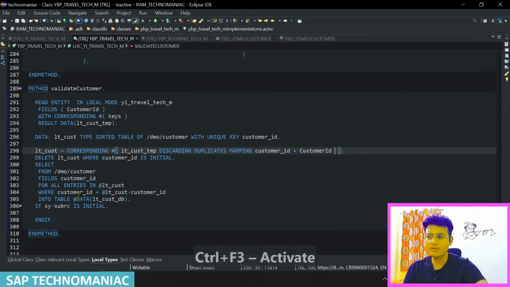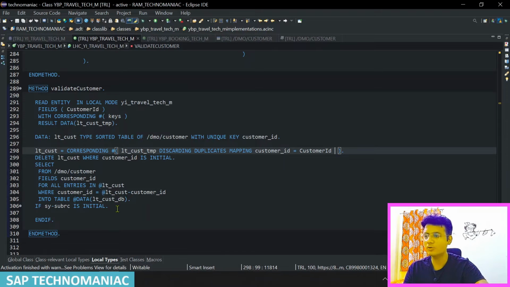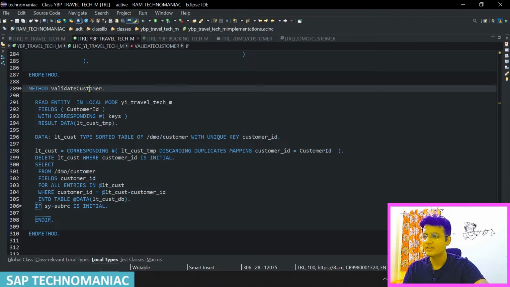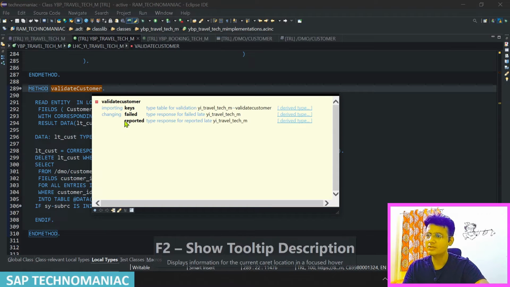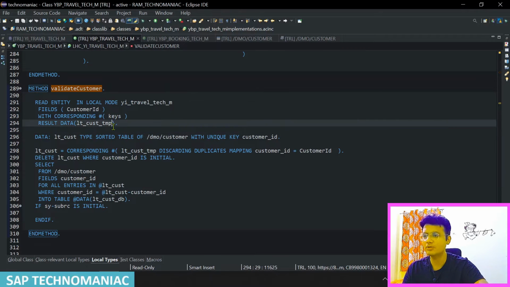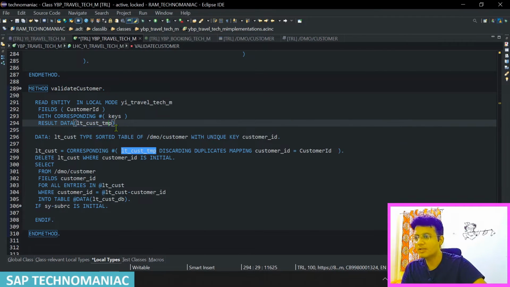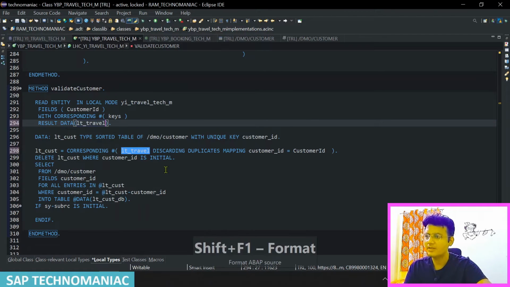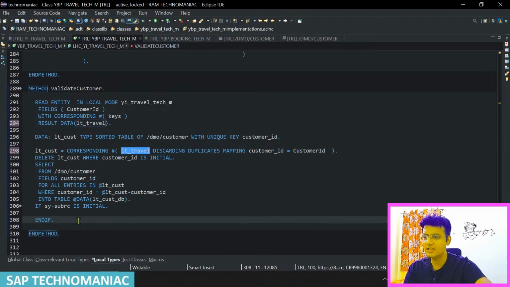Once we get the data from the database for all the customer IDs, what we have to do, we have to loop through our travel, F2. Okay, keys and field, we have got the LT customer temp. So in this case, I have got the customer ID along with the travel ID also. Let me give the rename, Control 1. That will rename this one. This should be LT underscore travel, not only the customer detail. It is basically LT travel, Shift F1. And now what I will do, Control C, I will loop through this LT underscore travel,